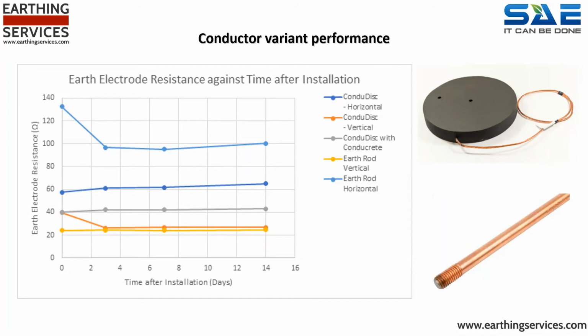Why would a horizontally installed earth rod be so much worse than a vertically installed rod? Why would a vertically installed Conjudisc be so much better than a horizontally installed Conjudisc? On face value, the process of driving an earth rod